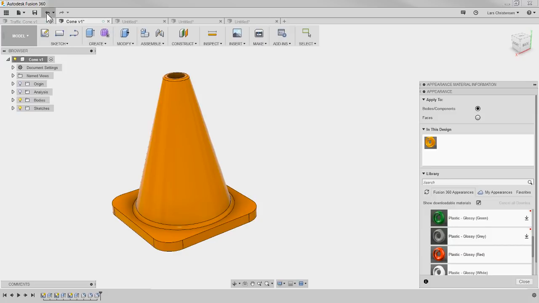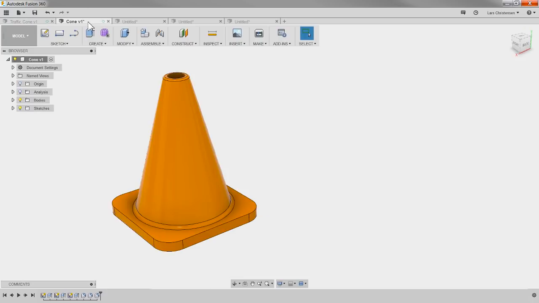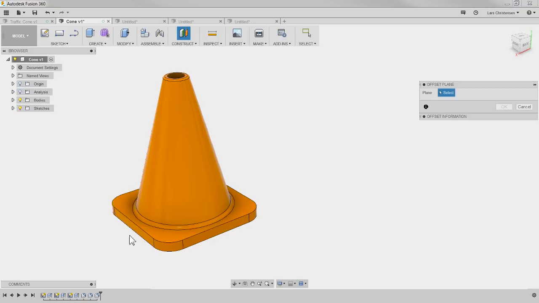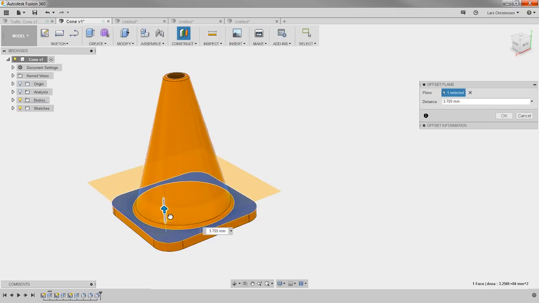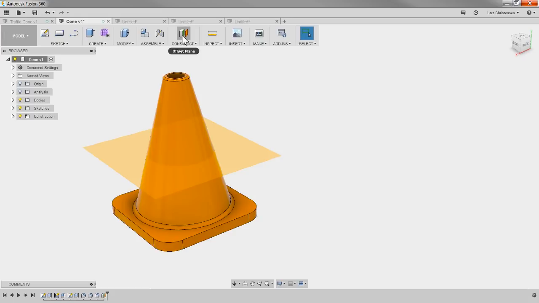Now to create the white reflector on there, that's actually not a reflector, it's just white, but I had to do that on a single face. If you're brand new, this might be a little bit, don't worry about it, just look at it. Wow, I like that orange better than I like this orange, huh? But the way I did that was I created another offset plane from this face. Just drag that plane up wherever I think the bottom of the white should be, maybe 150. And then I created another one